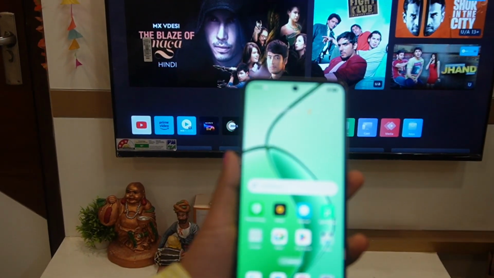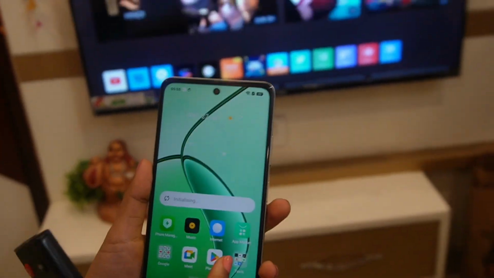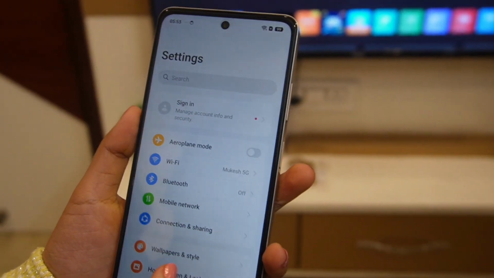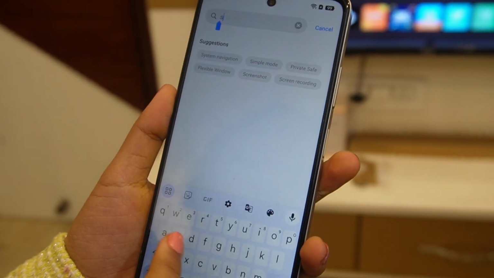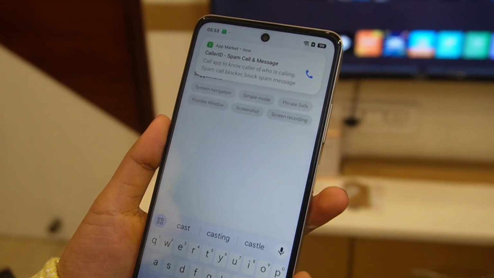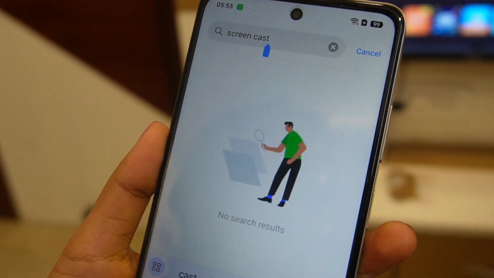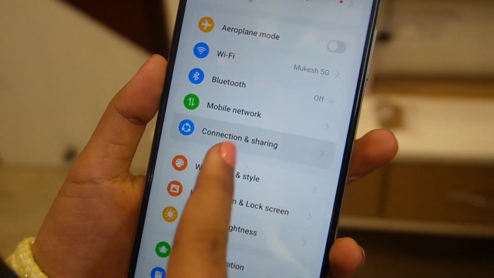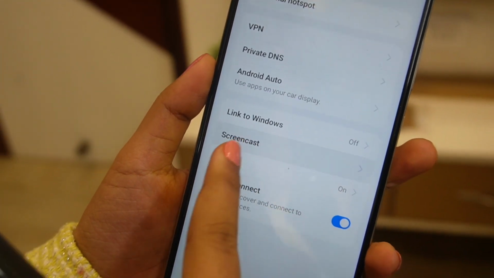So here is my mobile phone. First of all, you have to move on the mobile phone setting. Then you have to search here screen cast, or you can even search for this screen mirroring if it's not showing here. If it's not showing, then you can click on connection and sharing. Then you can move on this screencast,